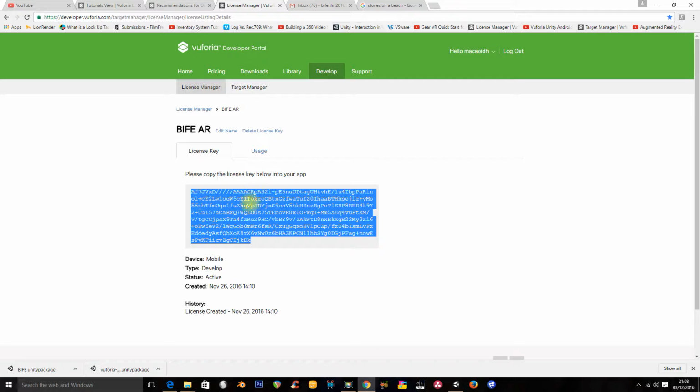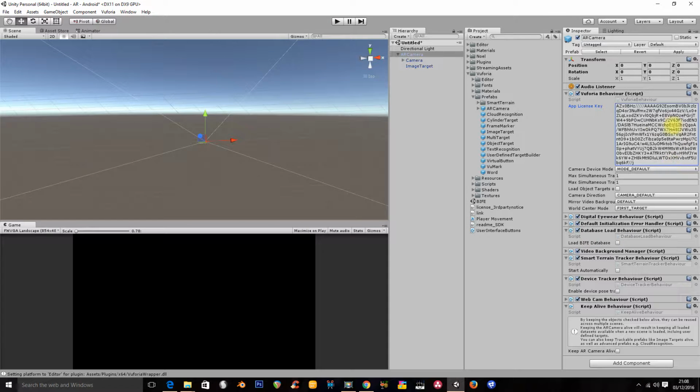So you need to copy this and then go into your Unity editor and paste it into this window, and that is your unique key as connected to